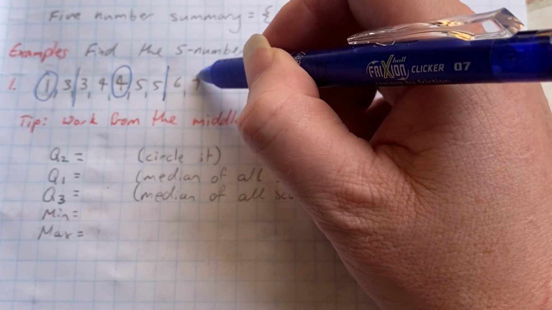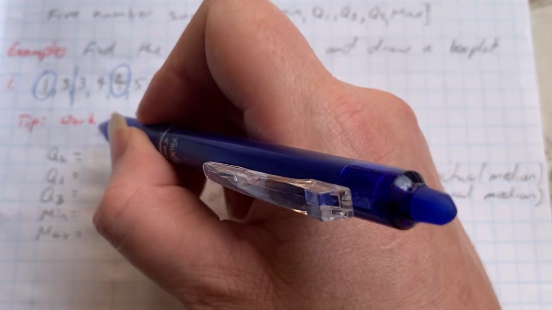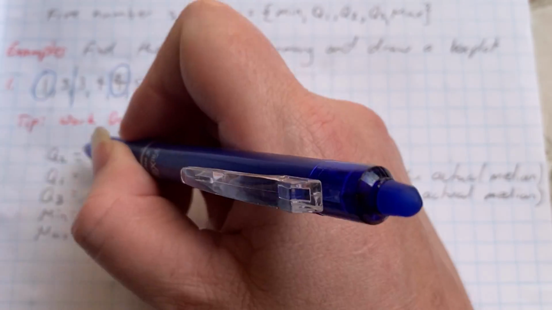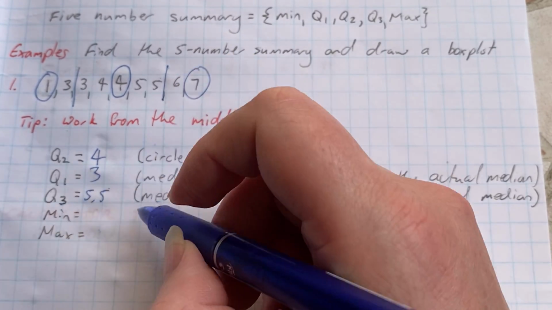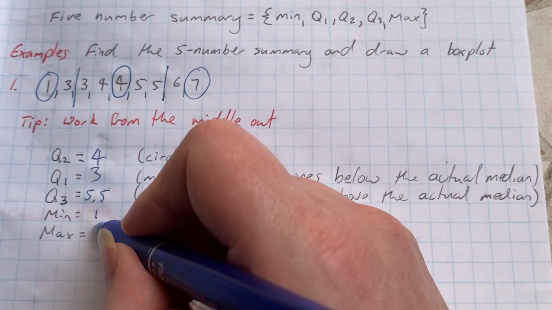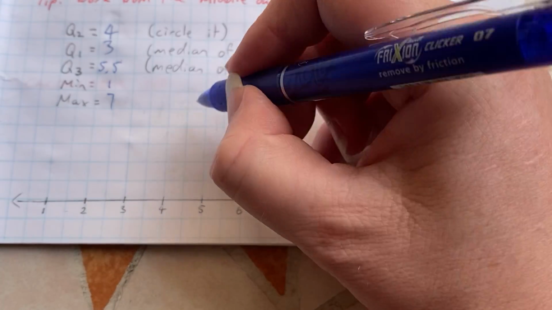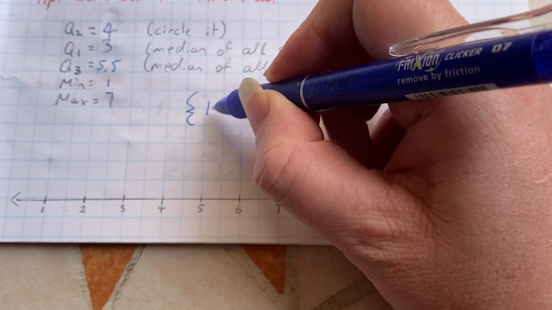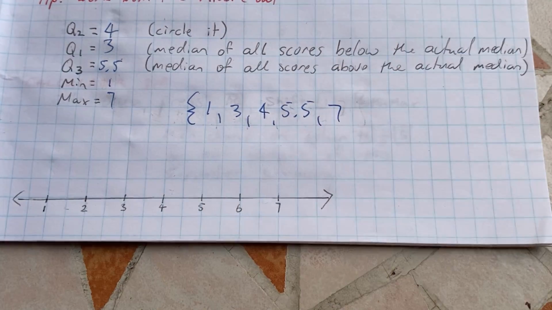The minimum is 1, the maximum is 7. So quartile 2, the median, is 4. Quartile 1, 3. Quartile 3, 5.5. The minimum was 1, the maximum was 7. I'm going to write those into a list of the 5-number summary. So it went 1, 3, 4, 5.5 and 7, and then we can put them into a box and whisker